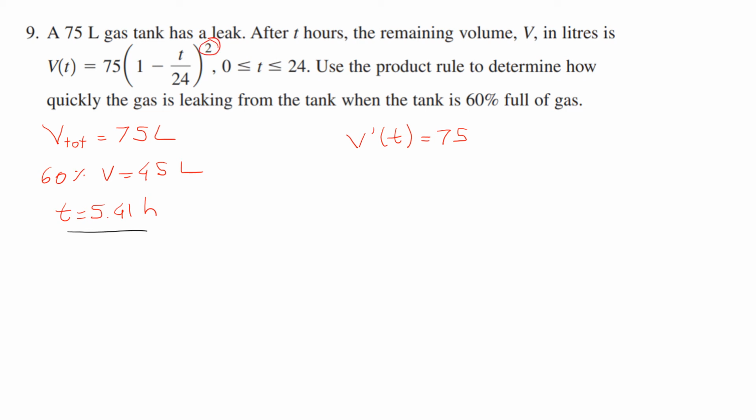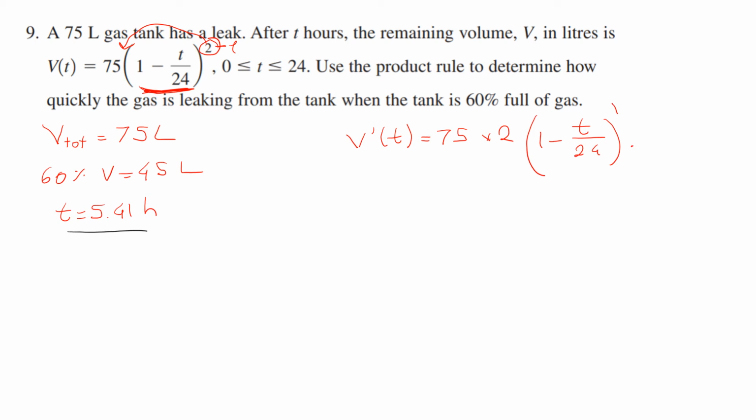My n value, which is 2, comes to the front. So I'm going to do times 2. This is g(x). Because it's a function, we leave it as it is, but then times it by the derivative on the outside. So I'm going to leave it as it is, so 1 minus t over 24. And then we remember that to the n value, we do minus 1. So it's 1. And then I times it by the derivative of g(x), which would be, if you think of it,